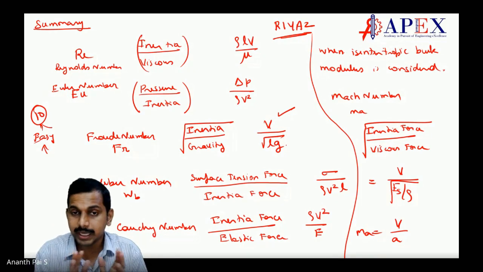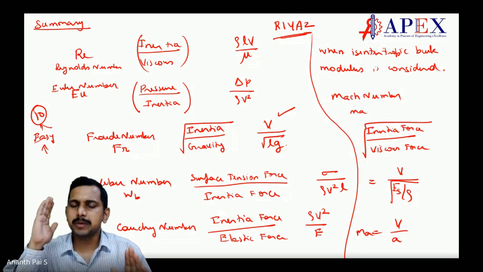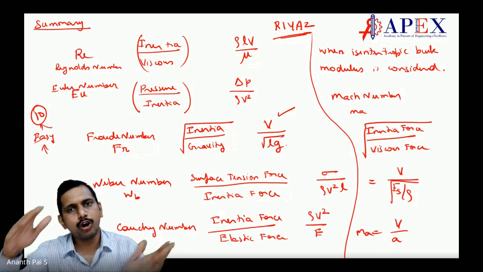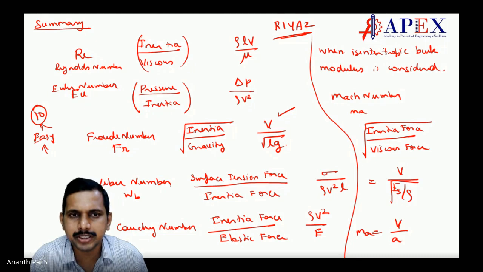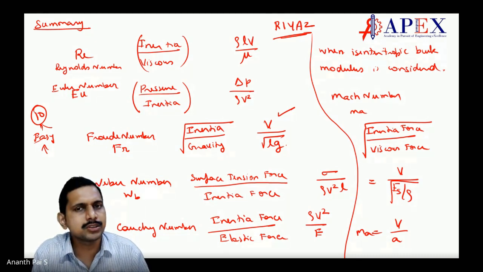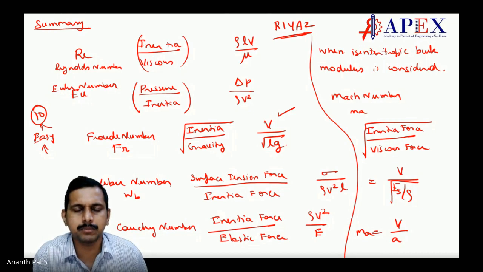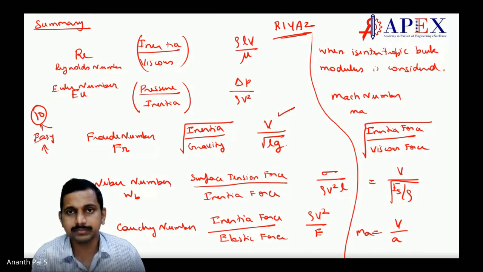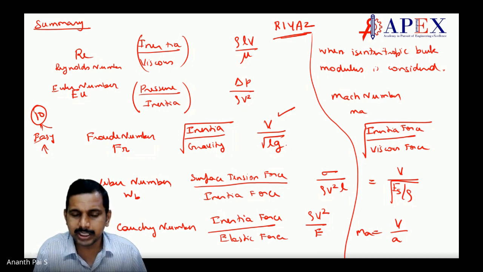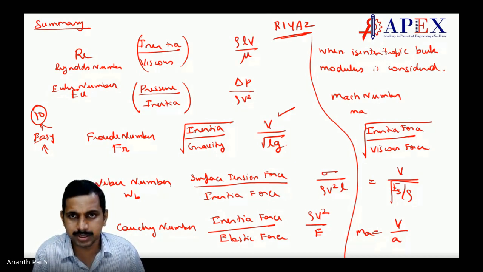For mechanical engineers especially, let there be another place where you put all these non-dimensional numbers, because in heat transfer these non-dimensional numbers become very important. In machine design, there is a non-dimensional number like the Sommerfeld number. Non-dimensional numbers are bread and butter for mechanical engineers. So mechanical engineers, please write these non-dimensional numbers. It's very important for you.